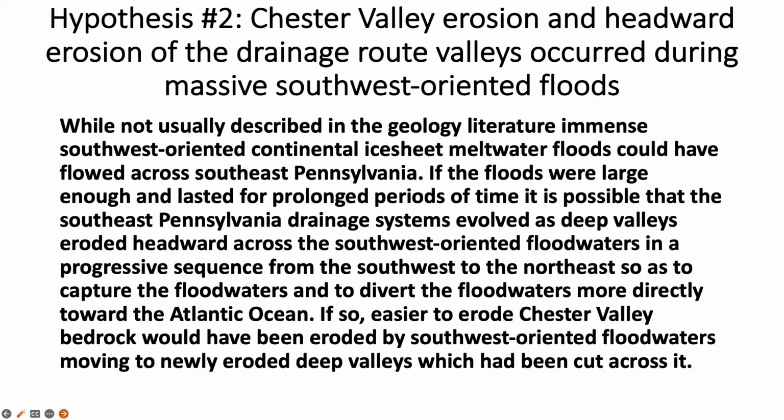Now, we didn't see any high drainage divides between the various drainage routes that were crossing the Chester Valley. So probably the first hypothesis is not correct. In other words, it's very difficult to explain the Chester Valley as having been eroded after the drainage routes had eroded their valleys